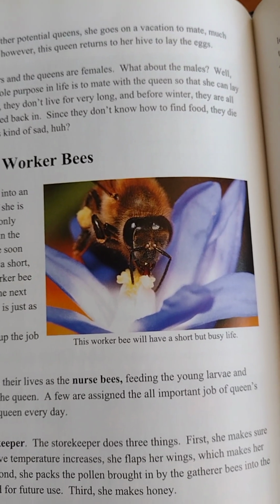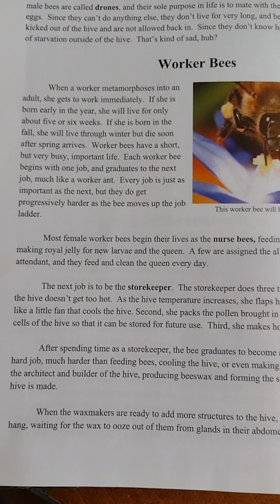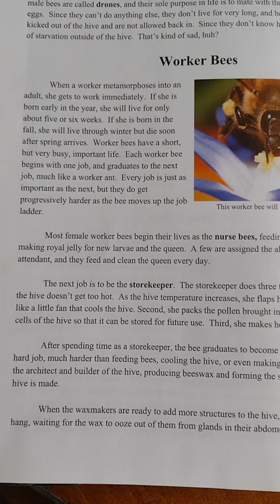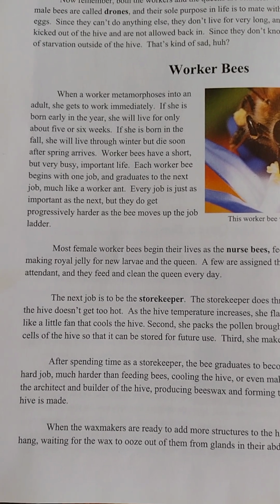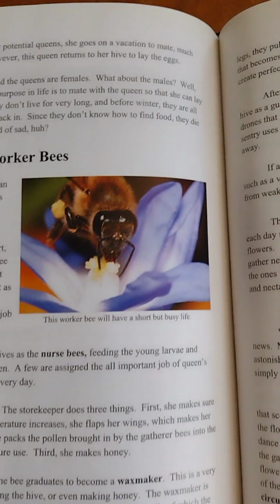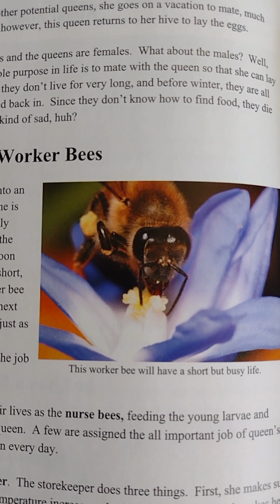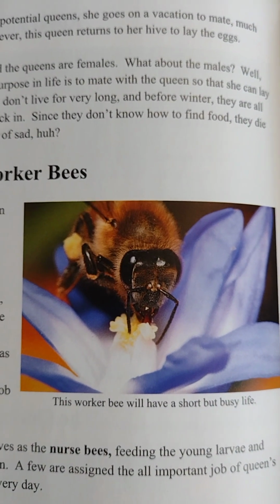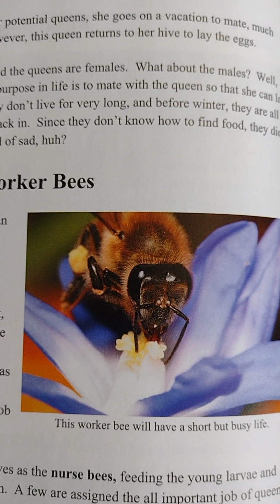Okay, worker bees. When a worker metamorphoses into an adult, if she is born early in the year, she will only live for about 5 or 6 weeks. If she is born in the fall, she will live through the winter, but die soon after spring arrives. Worker bees have a short but very busy, important life. Each worker bee begins with one job and graduates to the next job, much like a worker ant. Every job is just as important as the next, but they do get progressively harder as the bees move up